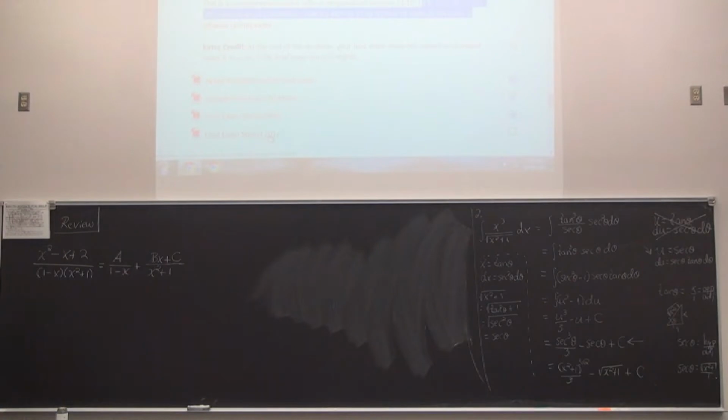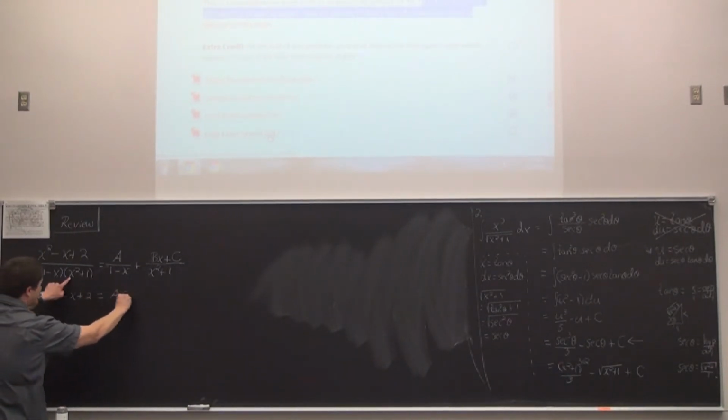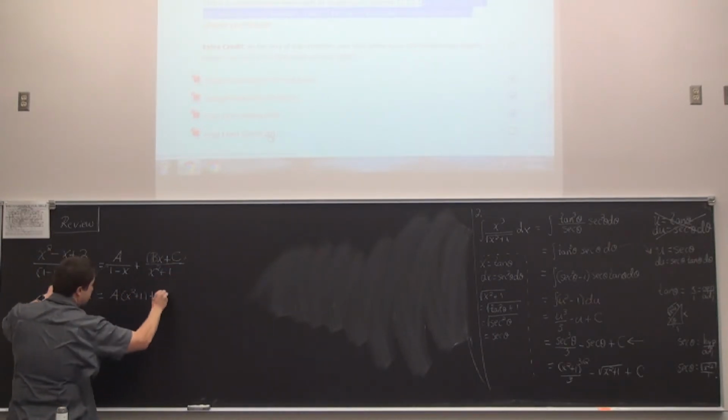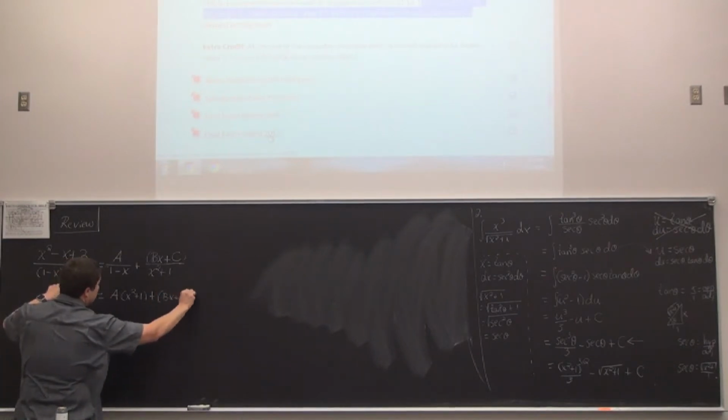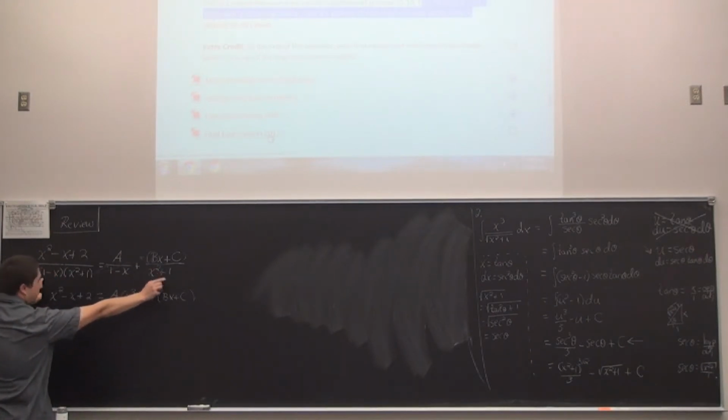The very next step would be to clear all denominators. Does that look all right to this step? Okay, so we think of clearing denominators by multiplying this entire thing through. That causes the distributive law at the same time, and we would get x squared minus x plus 2 is now equal to A times, there's a cancellation of 1 minus x here, so we copy x squared plus 1, plus, carrying the entire quantity with parentheses, Bx plus C. When this whole thing is multiplied over here, the x squared plus 1 cancels, so we take 1 minus x.